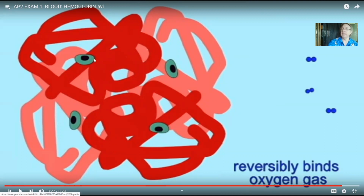Now, it is the heme part of hemoglobin which binds oxygen. Some of the carbon dioxide, which is transported in the blood, is bound to hemoglobin, but it is the globin protein portion which can bind carbon dioxide. So hemoglobin actually helps in the transport of two gases. Oxygen binds to the heme, and carbon dioxide, a portion of it, can bind to the